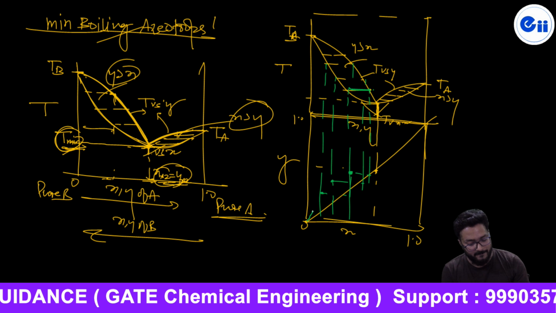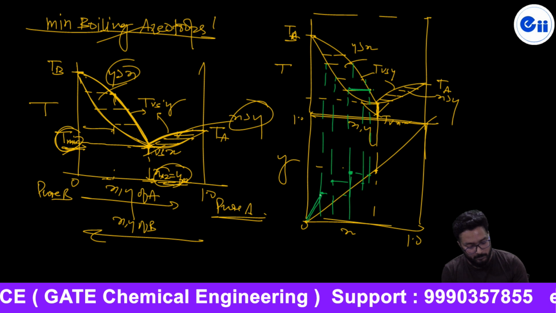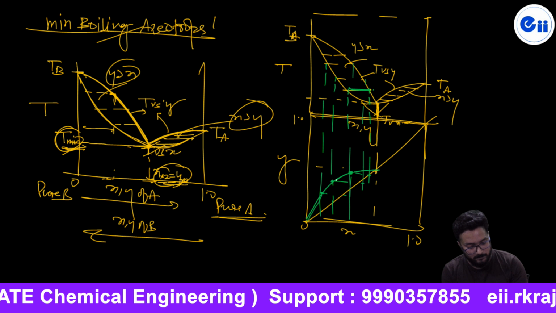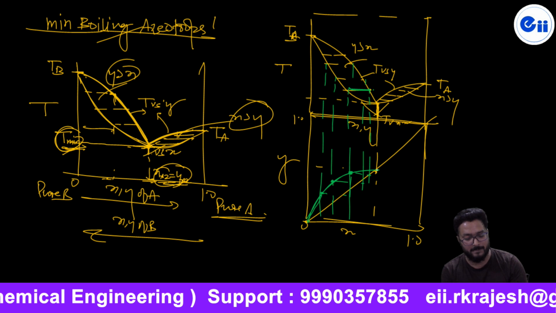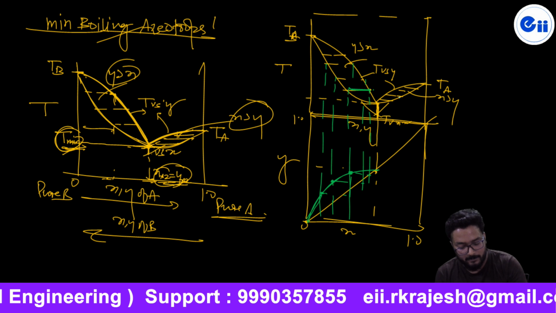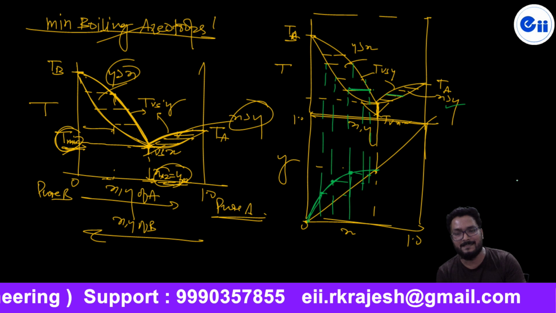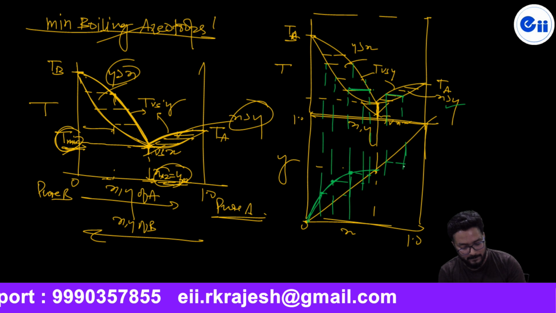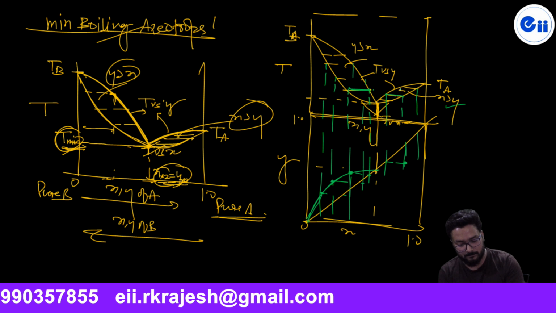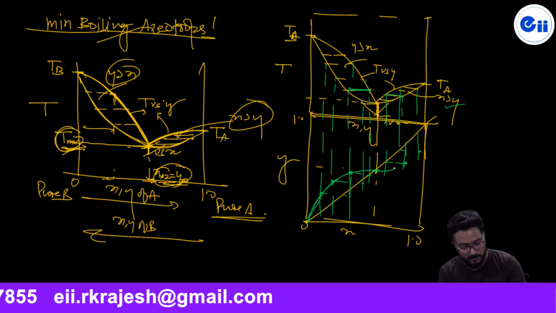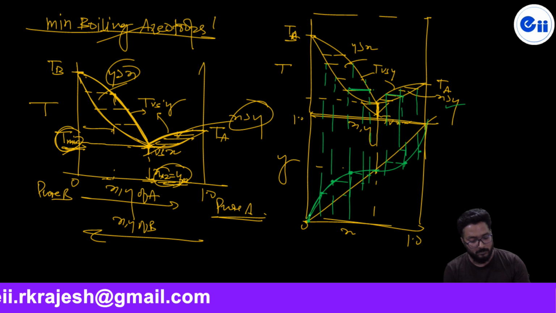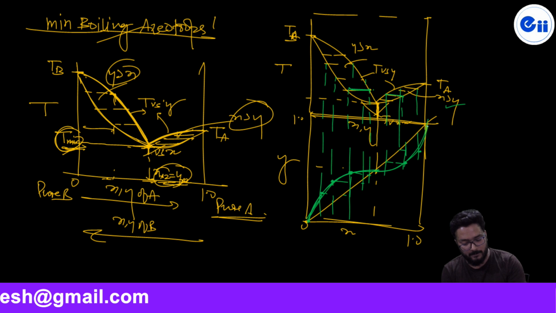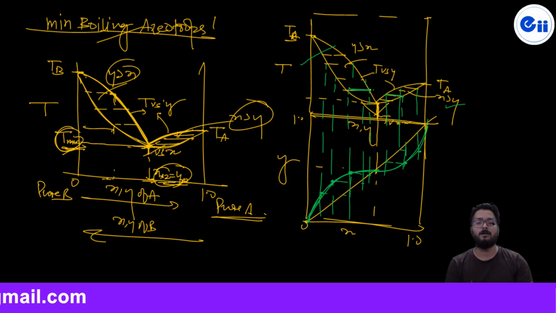Now it means we have obtained one. If you merge these, we have obtained this curve because here y equals x ultimately. And what about this condition? At this condition, x is more than y. Then if you project this, since x is more than y, this will be the point, and here. So this is your T-xy curve for the minimum boiling azeotrope, or for the positive deviation from ideality, and that is the xy curve.